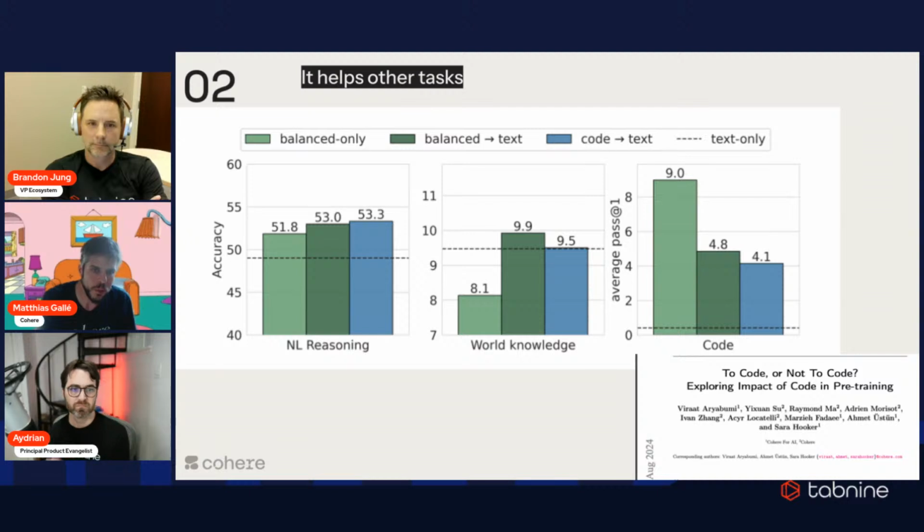We trained 3 different models, one which has a balanced mix of natural language and code. We trained 2 other models: one where we give it first this balanced mix, and then we continue fine-tuning on text only. Another one where we start with code only, and then we continue fine-tuning with only text, so non-code tokens.